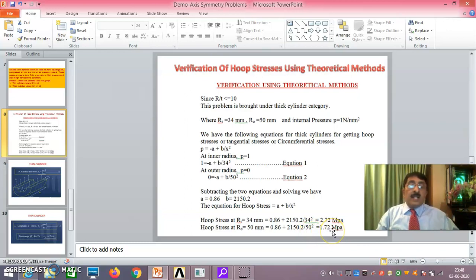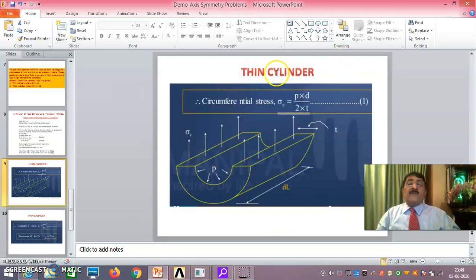should get. Okay, that means you should finally prove this: at inner radius, 2.72 MPa is the hoop stress, and at outer radius 1.72 MPa. You should verify this theoretical result using Ansys. Now I have done some basic theoretical calculations to find out the hoop stress at the inner radius and the outer radius. Okay. Now also, just as a matter of information,